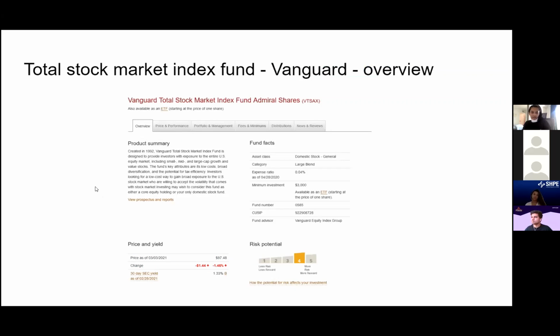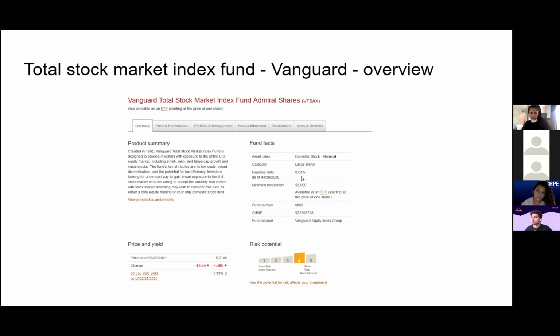So here is, I hope everyone can see this all right. I went to Vanguard to get this. So when you're getting information about a fund, definitely go to the website of the fund and get the information. So I got this at Vanguard, and I recommend you read the prospectus. You can download the PDF. So the takeaway message here is, look at this expense ratio.